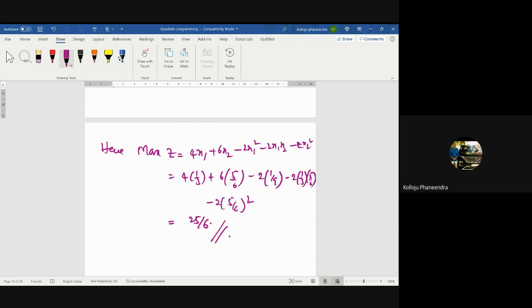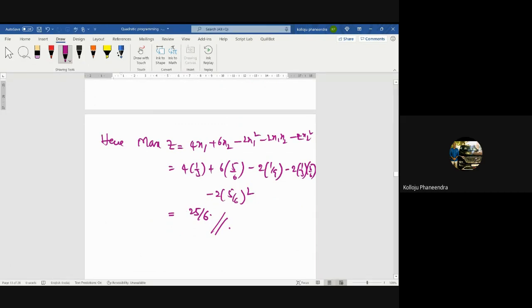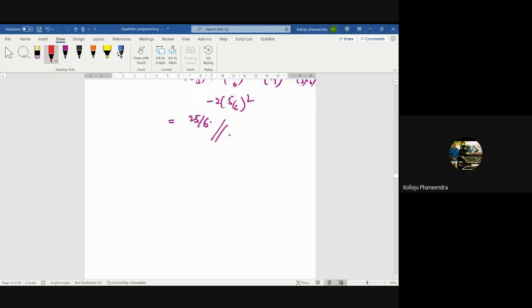Any doubts? Once you practice the problem, you will get the solution. And I'm giving one problem for you to solve. Anyway, I will solve it and post it to you. Definitely, tomorrow I will post it. If any doubts, you can ask. Use the Wolfe method to solve